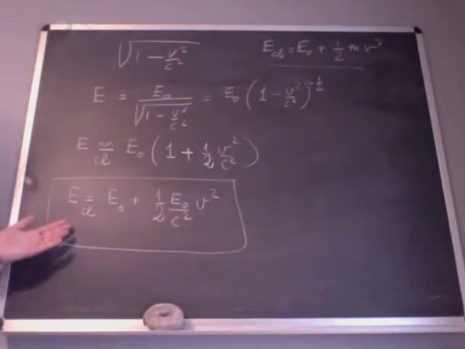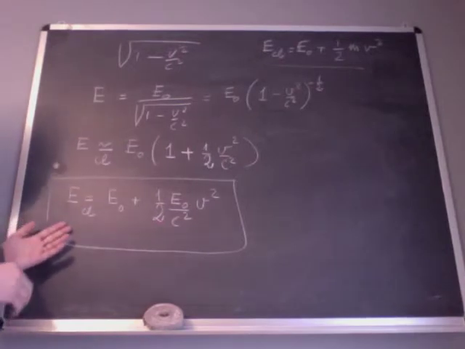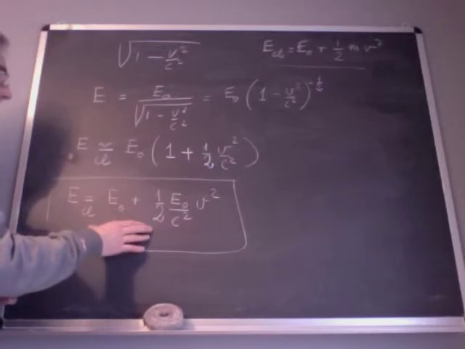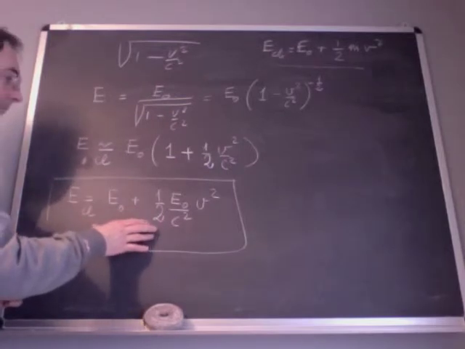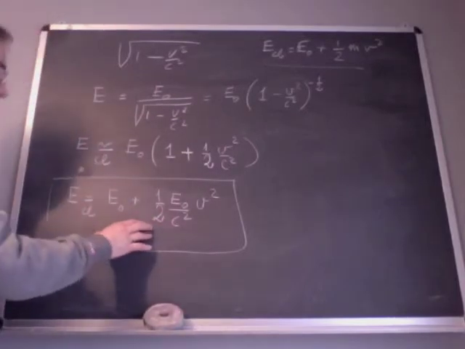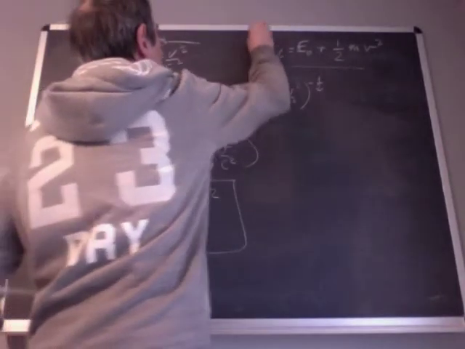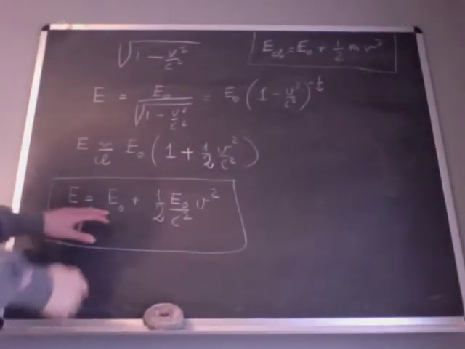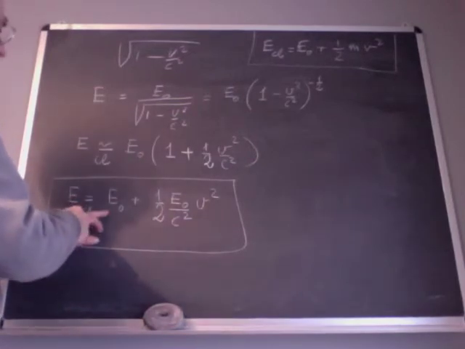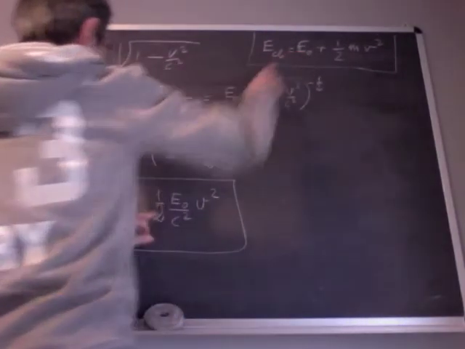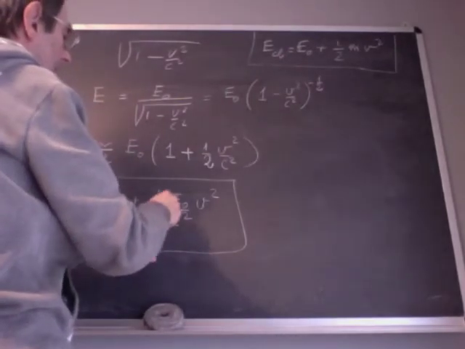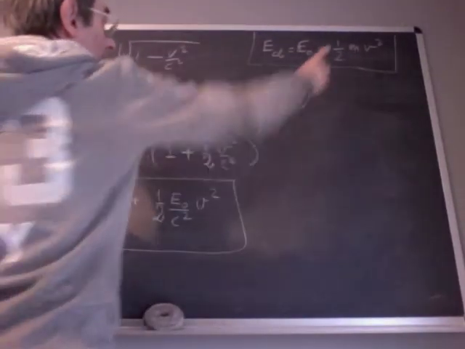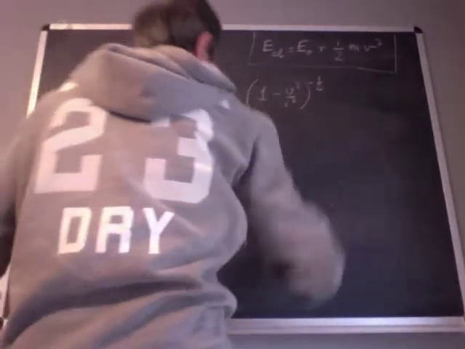Now we are ready to consider this expression. Looking at this, what do you see? You have that E classical is equal to E0, plus one term that is 1/2 E0 over c square v square. But from these two expressions, we find out